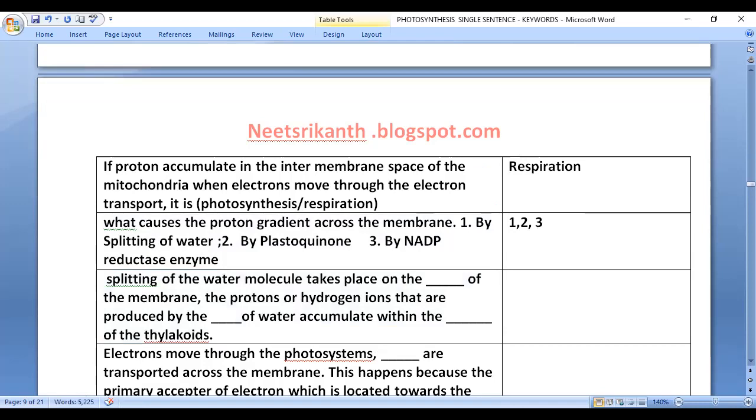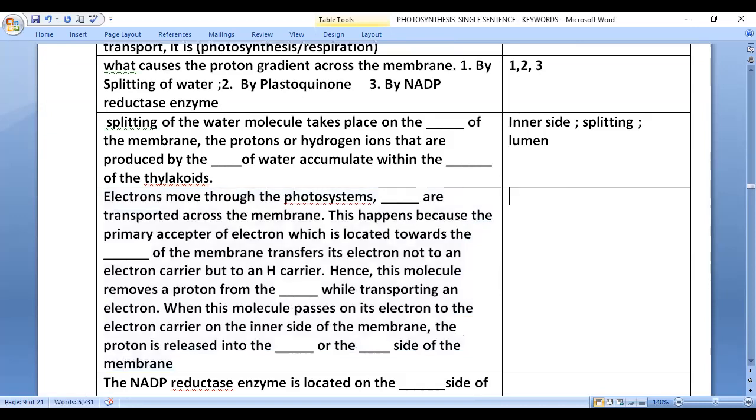Splitting of the water molecule takes place on the inner side of the membrane. The protons, the hydrogen ions produced by the splitting of water, accumulate within the lumen of the thylakoids. Electrons move through photosystems, and protons are transported across the membrane. This happens because the primary acceptor of the electron, which is located towards the outer side of the membrane,